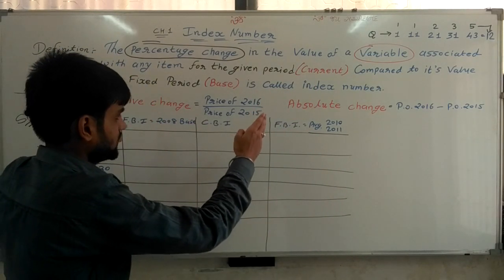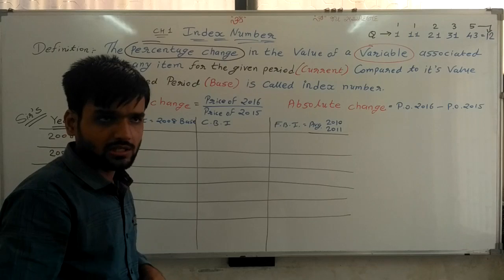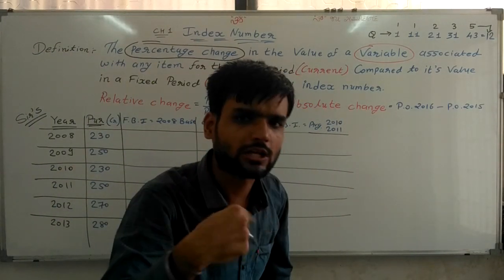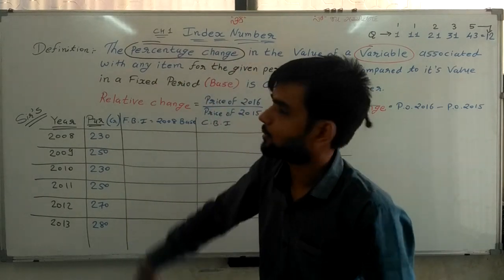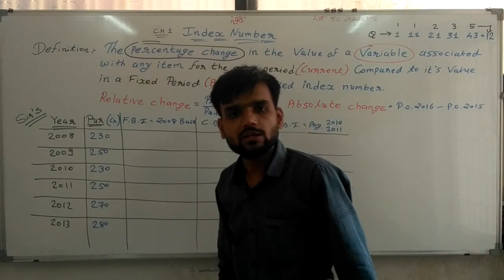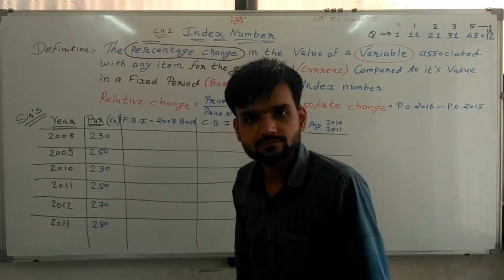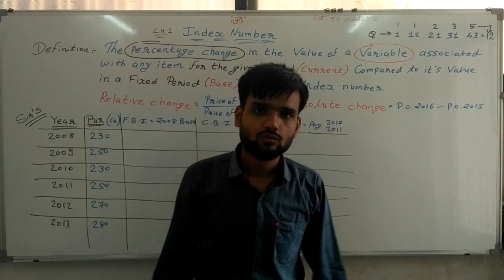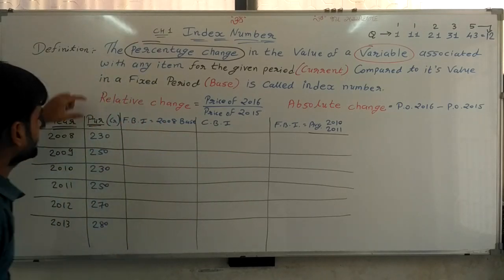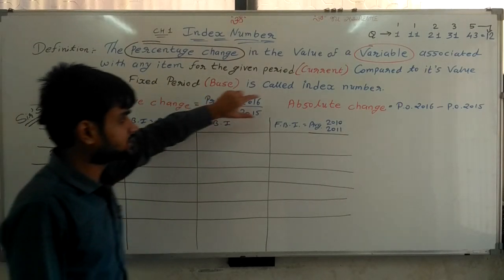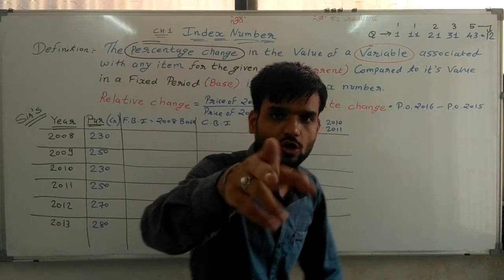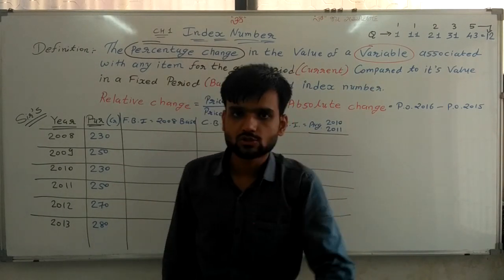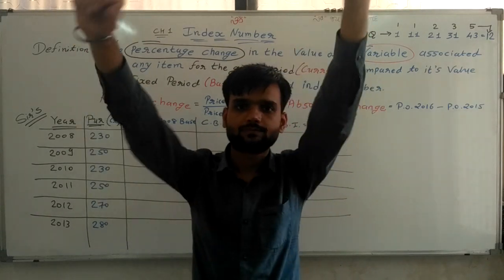After this explanation of absolute and relative changes, you have to tell me which type of change occurs here in index number. But first of all, I am clearing these two changes. Now, what is meant by relative changes and what is meant by absolute changes? First of all, I am clearing absolute changes. Try to understand. Suppose